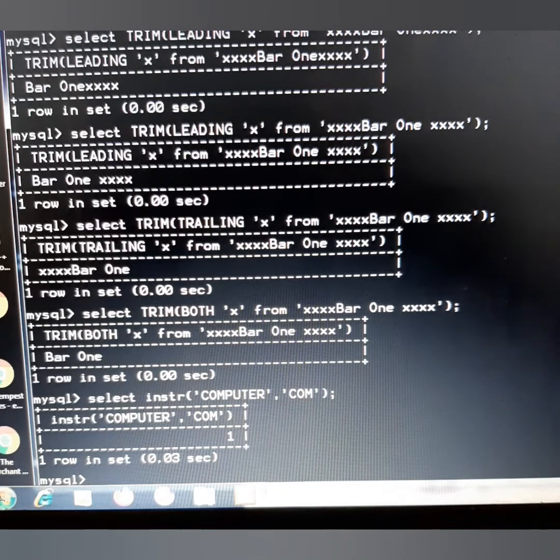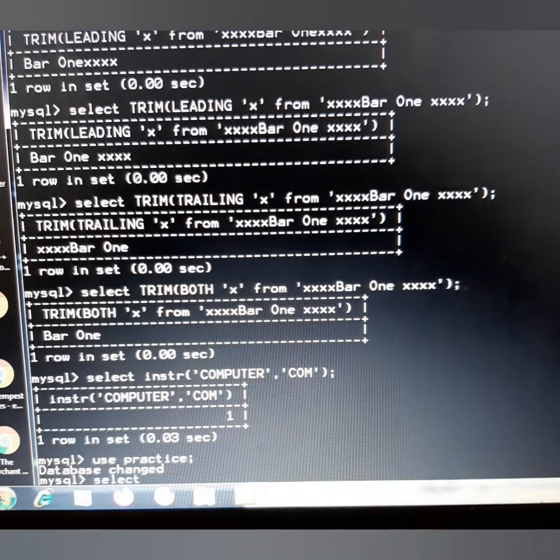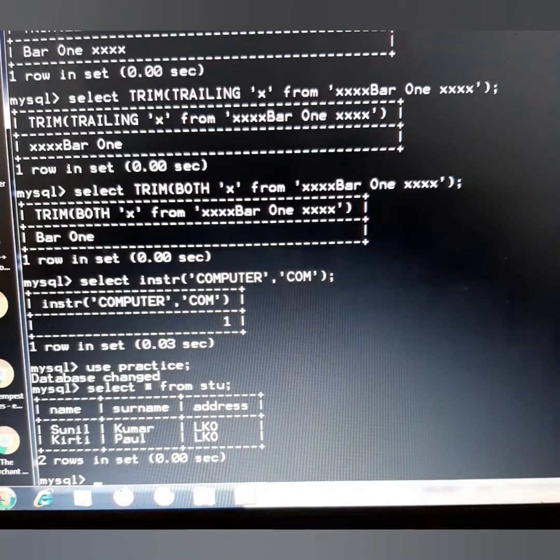Similarly is the example 19, which says that display the position of a string LE in the field job of the table EMPL. So in str then you will write job comma LE as LE in job. Like here I can write in my table itself, and for opening that table which I had created a while ago, I'll have to use my database practice. And this was my table. Select asterisk from STU, and here if suppose I want to find a substring u in this, so we will write